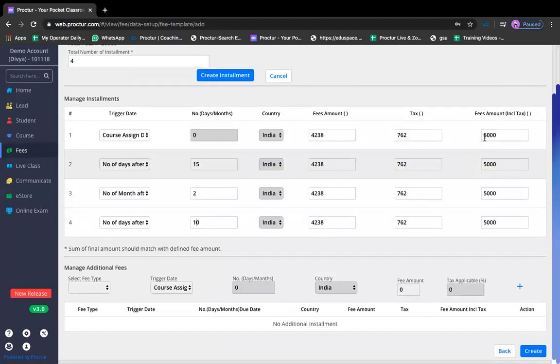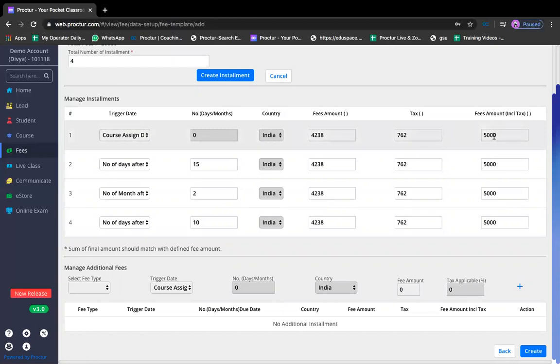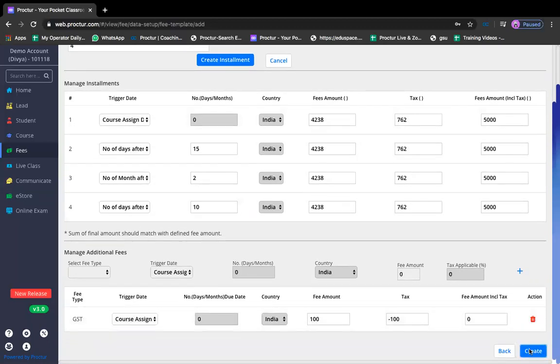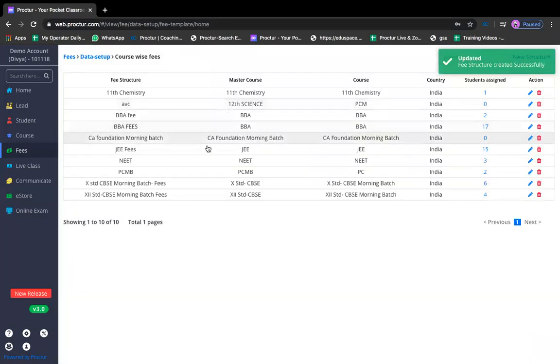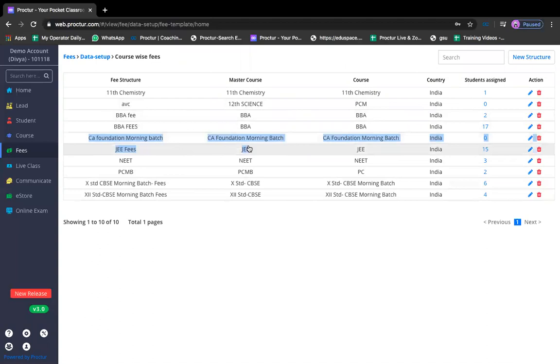Here, if you want to edit any of the amounts, you can edit the amounts here itself. If you want to charge, say, 10,000 from your student in the first month and the other months accordingly, you can do that as well. From here, you will be managing the extra additional fees. Here in the additional fees I can see, and you will add it. Great. This fee structure is now created, as you can see. Now we'll add a student over here.